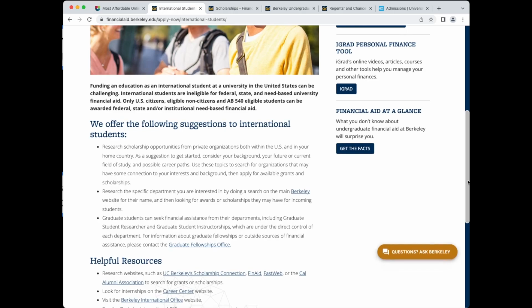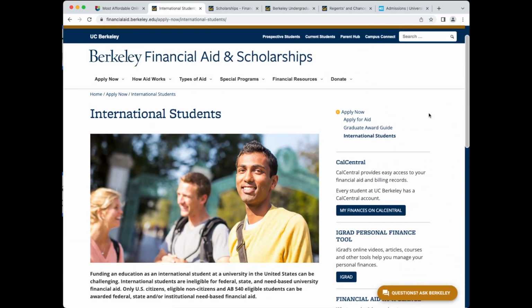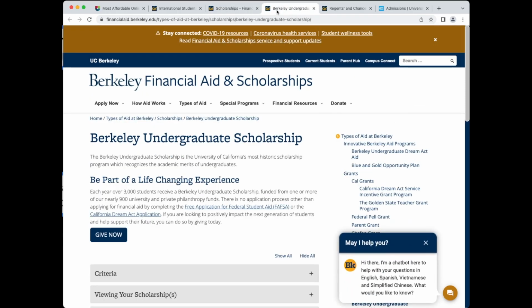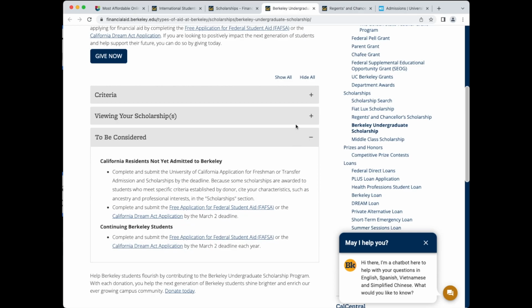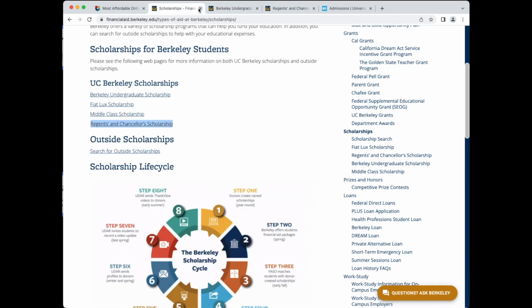So that's why it's very good to check all of these things and make sure that as an international student the same scholarships are available to you also. All right, and so I can see they didn't list anything. So now I want to look at the merit scholarship for undergraduate students. You can see here that you have to be a citizen or a US permanent resident, so that scholarship doesn't apply to me as an